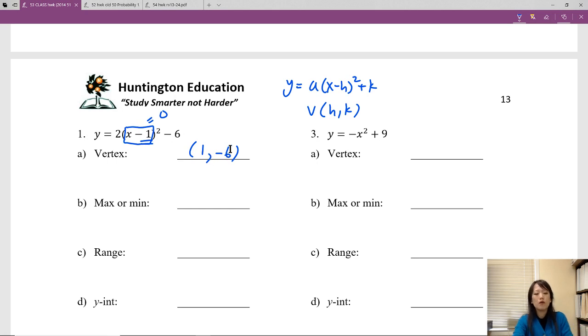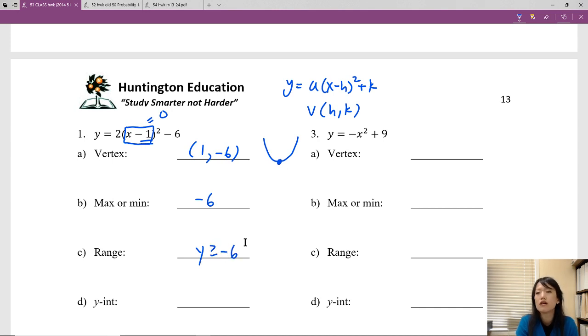Okay, max or min. What do you know about max or min? If it faces up and the vertex is here, it's the lowest spot. The maximum or minimum is your y value, not your x value. You're saying how high or how low. So the lowest position is negative 6. Don't write y equals. It's a value, not a line. Okay. Next, your range. If you're from here and up, you'd say y is greater than or equal to